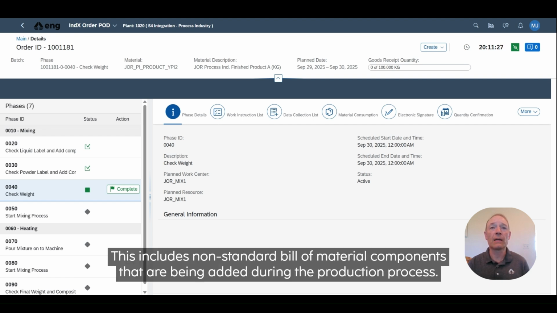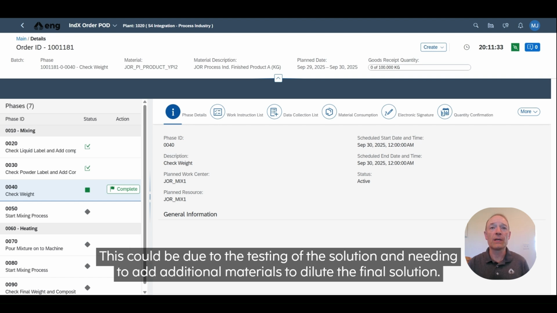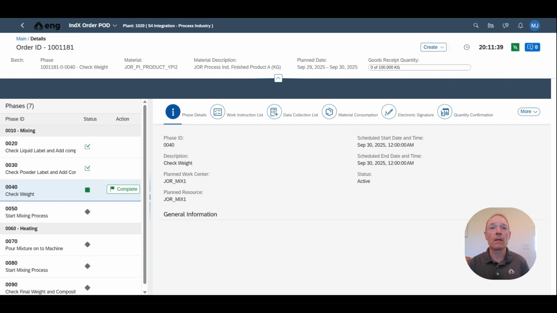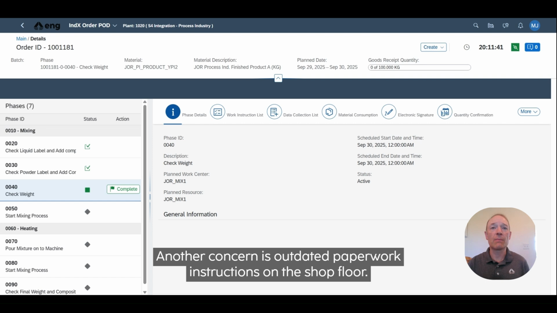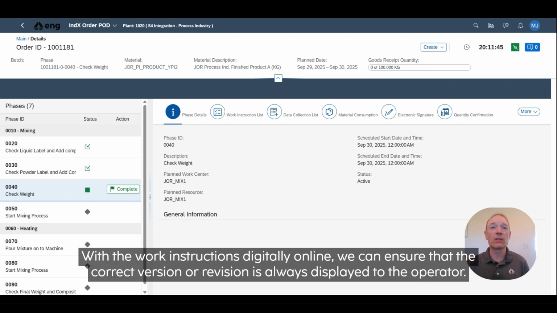This includes non-standard bill of material components that are being added during the production process. This could be due to the testing of the solution and needing to add additional materials to dilute the final solution. Another concern is outdated paper work instructions on the shop floor. With the work instructions digitally online, we can ensure that the correct version or revision is always displayed to the